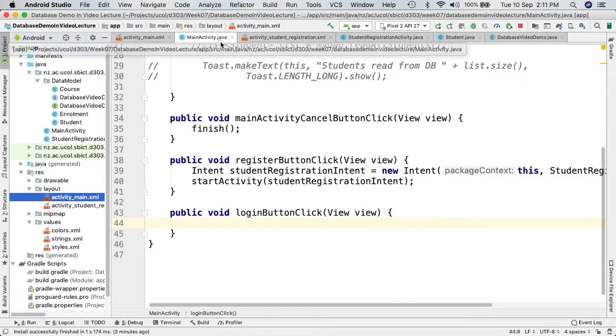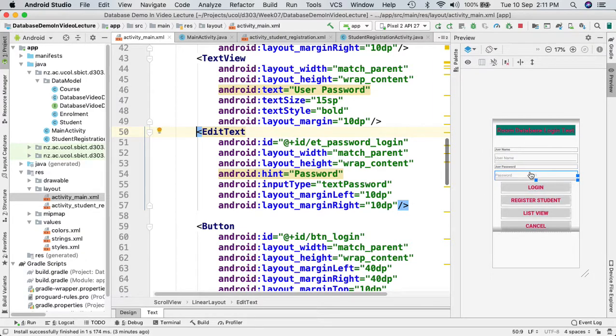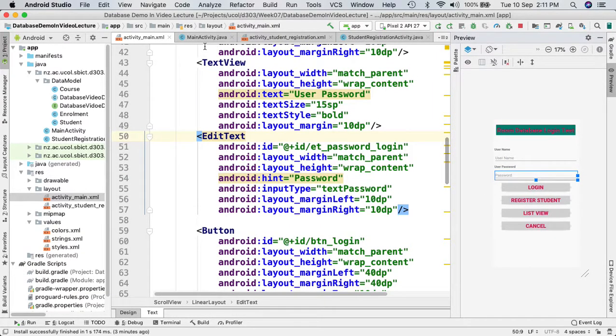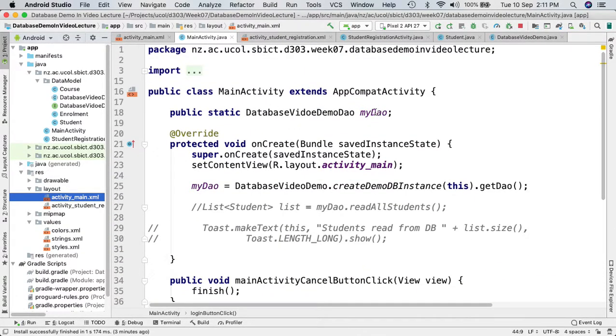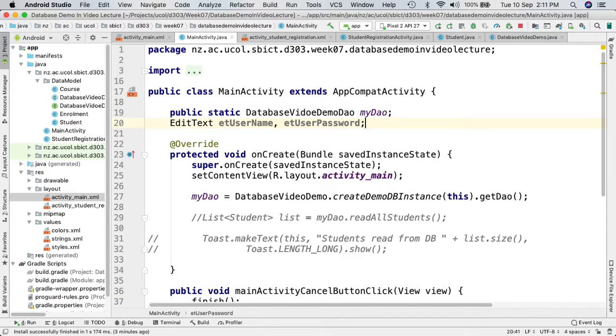So first of all, we need to check, and again we have those fields here, so we need to define those variables here to access those fields. So let me copy paste from my other demo that we have done in the class. We have the edit text. I'm just trying to create those here, user data, and then we need to initialize those variables inside our